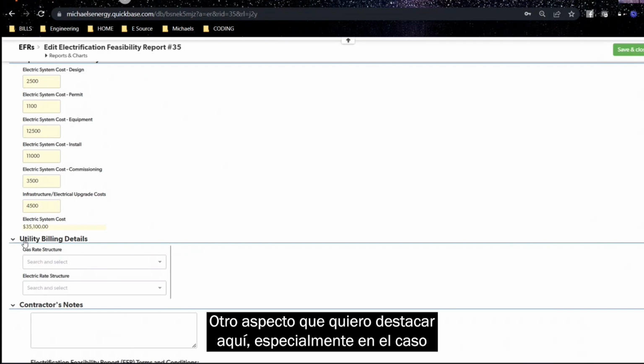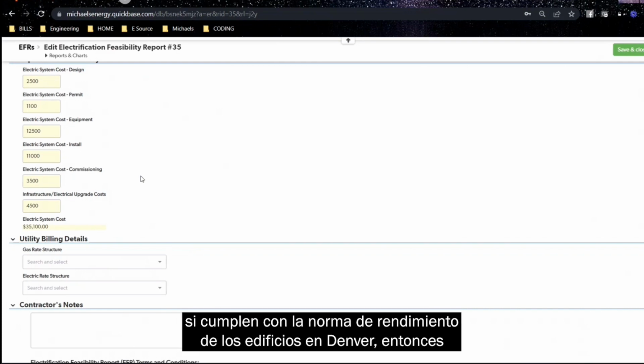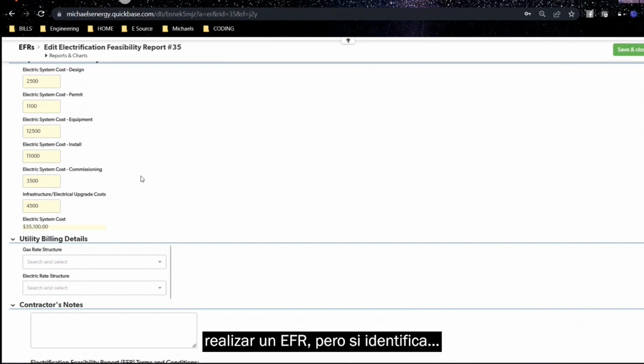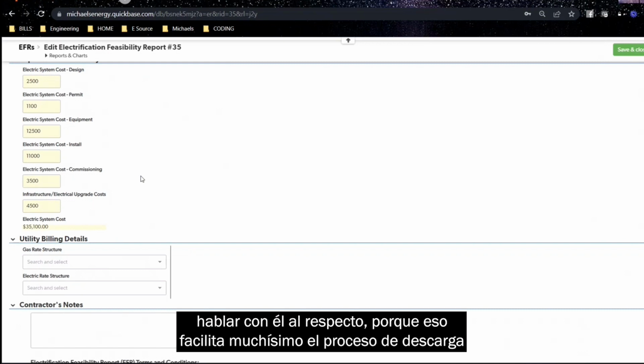The one other piece of information I want to bring up here is that especially for buildings that are over 25,000 square feet, if they're conforming to the building performance standard in Denver, then they should have started their Energy Star Portfolio Manager accounts last year. This is just helpful for us. It's not required by any means to complete the EFR, but if you do happen to identify that your customer says, yes, we have a building performance or Energy Star account,